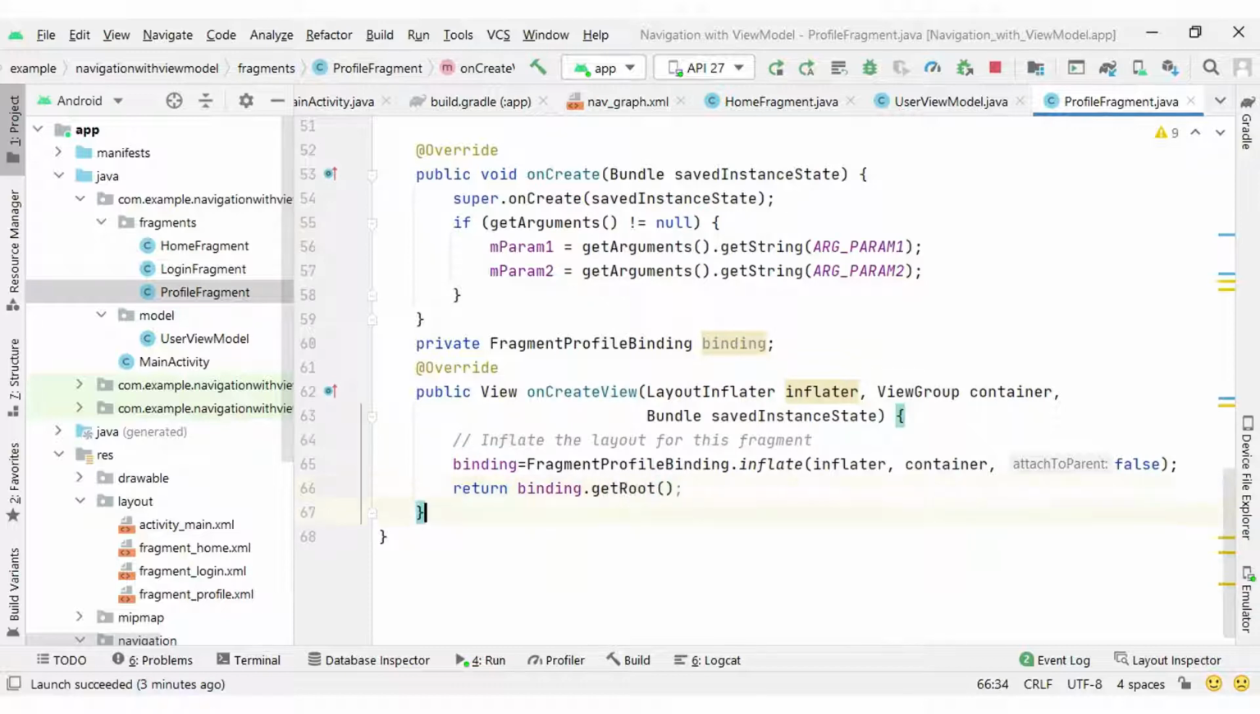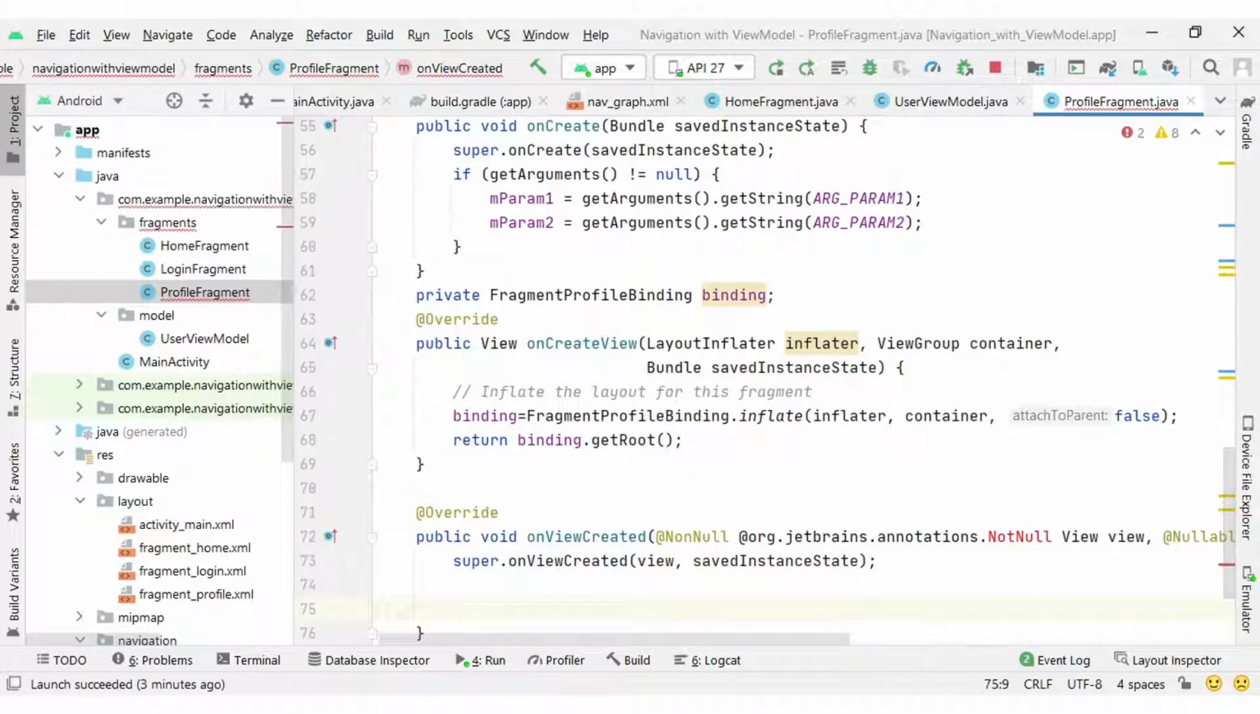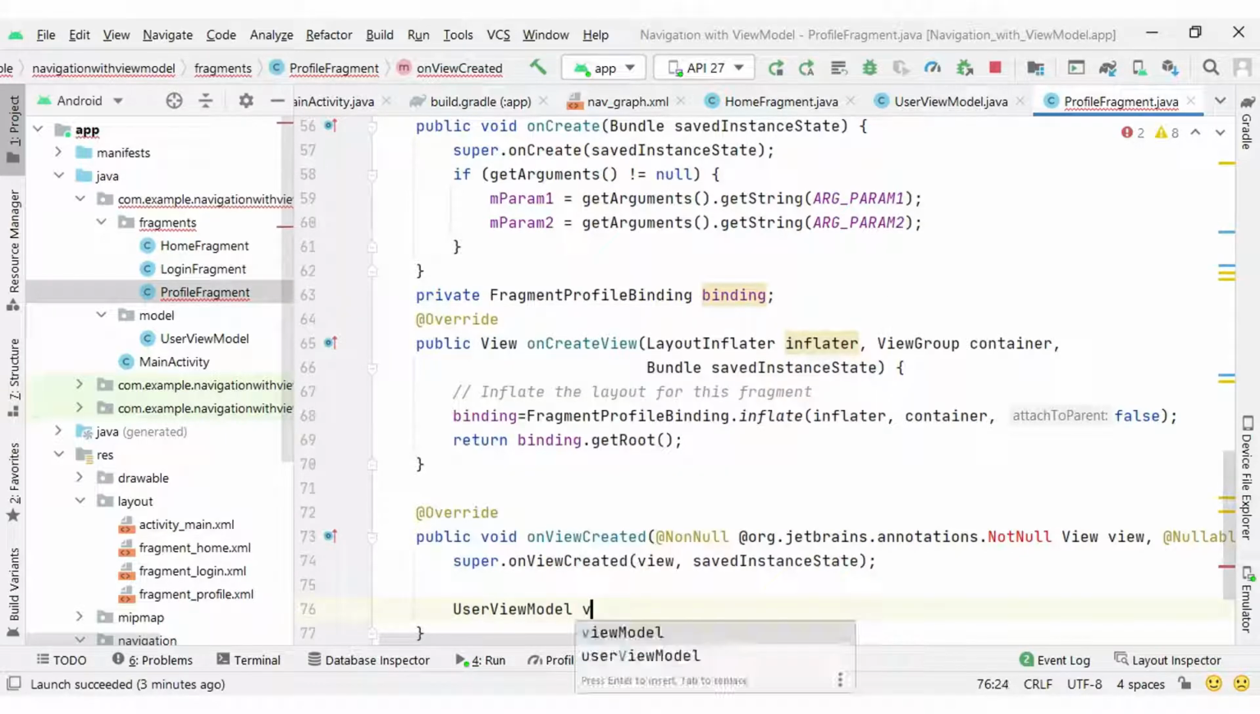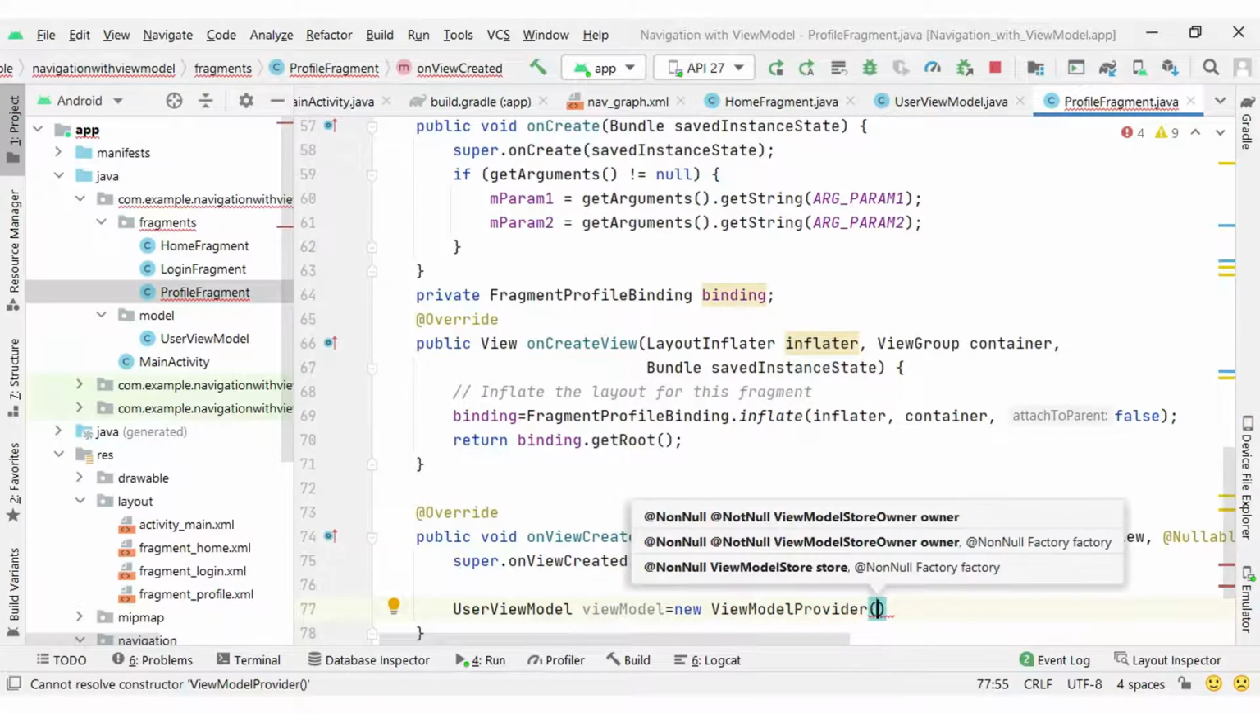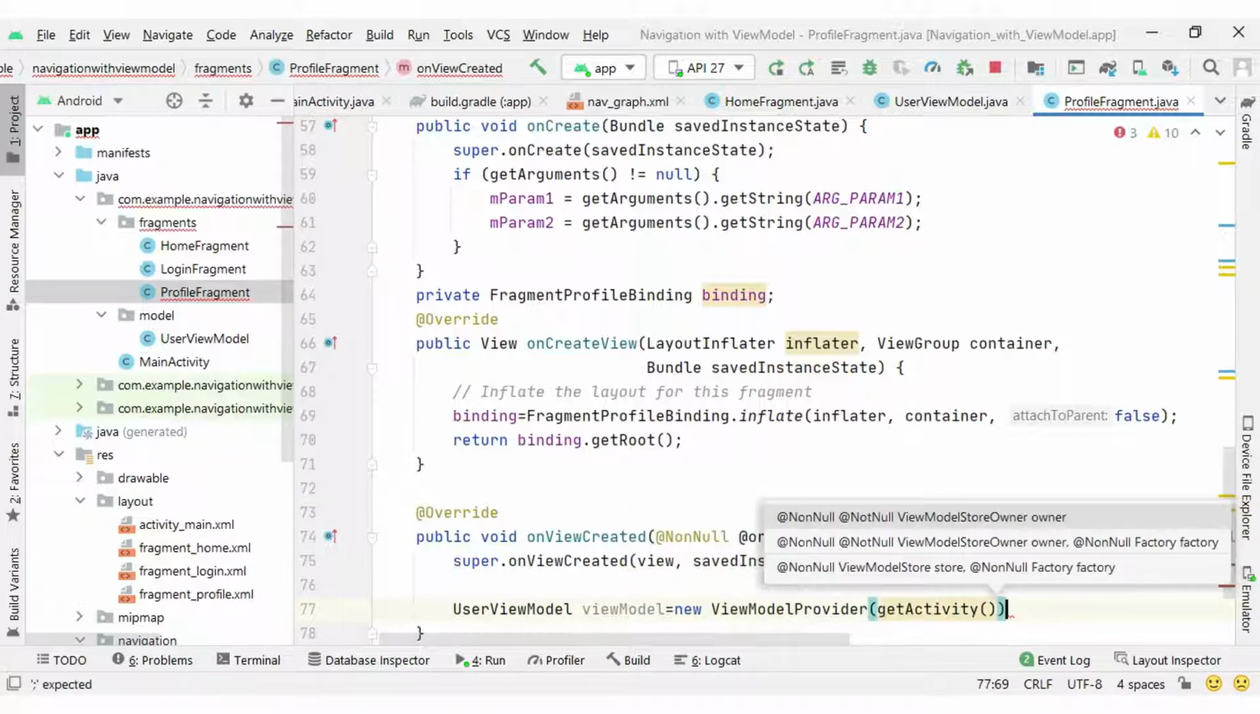Okay, so we need to confirm here whether our user name is set or not. Inside onViewCreated, I will have the instance of UserViewModel. The view model instance we can create with the help of ViewModelProvider, and inside the constructor we can pass the owner. The owner of the view model will be our activity, because we want to maintain the instance of the view model throughout the activity. So we can pass getActivity here as the owner of our view model